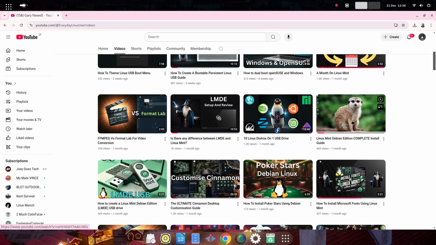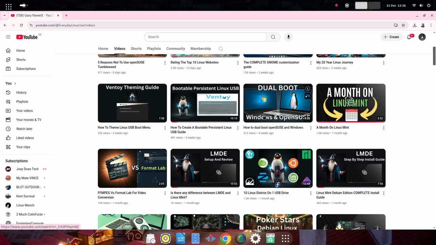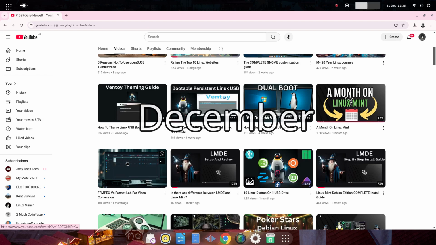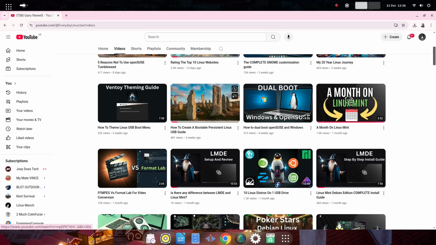I gave a review of Format Labs for converting videos versus FFmpeg. And I showed how to dual boot OpenSUSE and Windows. I also showed how to create persistent USB drives and how to theme a Linux USB drive that is running Ventoy. December's been quite short, so I gave my Linux journey over the last 20 years, a complete GNOME customization